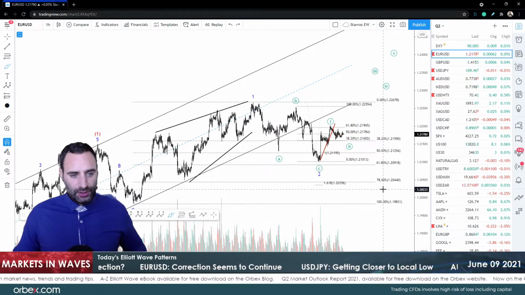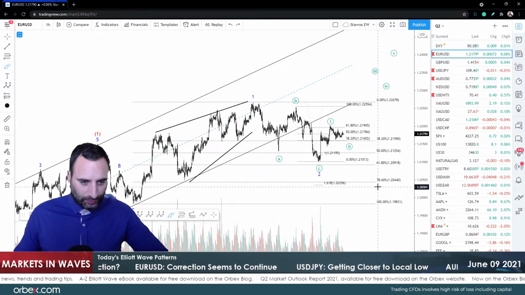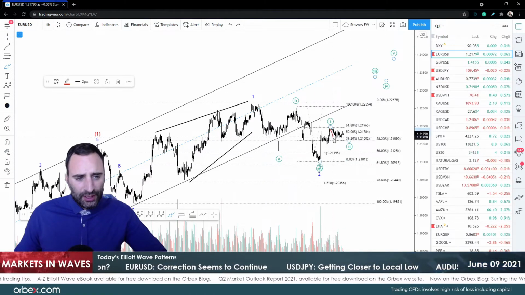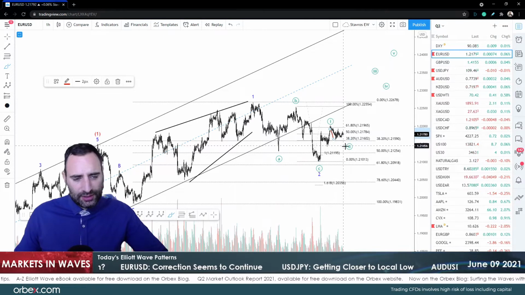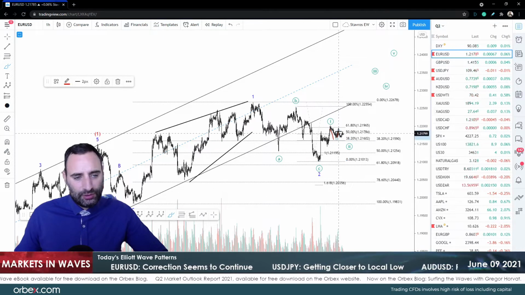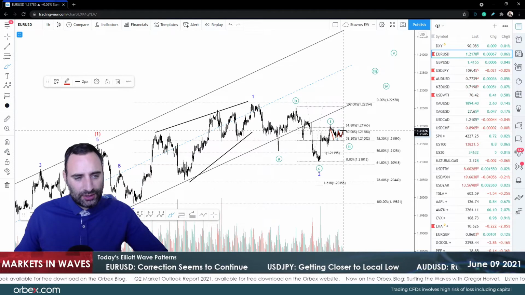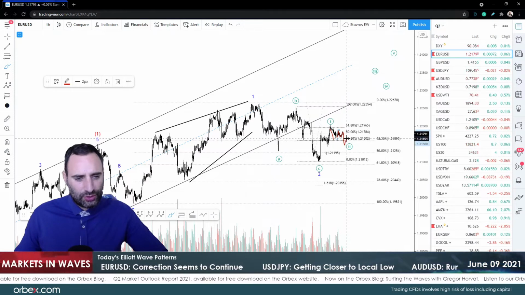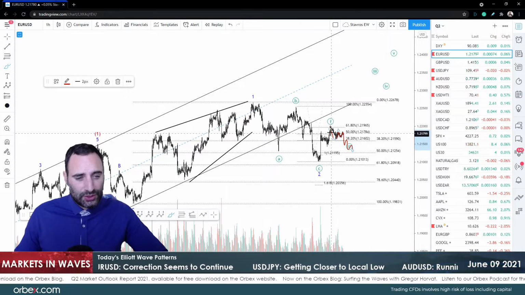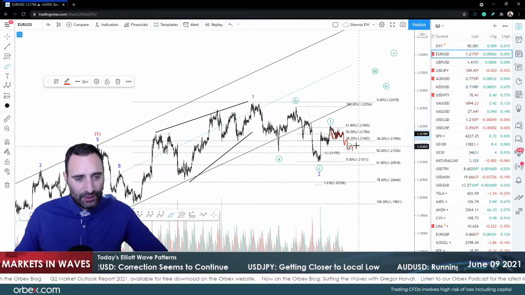Now the question is, are we going to move lower from here? To me, this consolidation, guys, and since we're in wave 2 supposedly, reminds me of the 1 and 2, and it looks like a multi-structural wave to the downside is going to start for 3, 4, and 5. We're going to get 3, then 4, and 5. So that's the A, that's the B, and we're going to get the C.